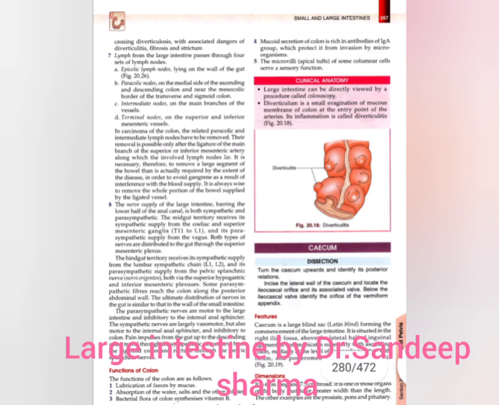Now the dimensions of the cecum. The cecum is 6 cm long and 7.5 cm broad. It is one of those organs of the body that have greater width than length. Only 6 cm long it is, but the width is 7.5 cm. Other examples of this category are the prostate, pons and pituitary.